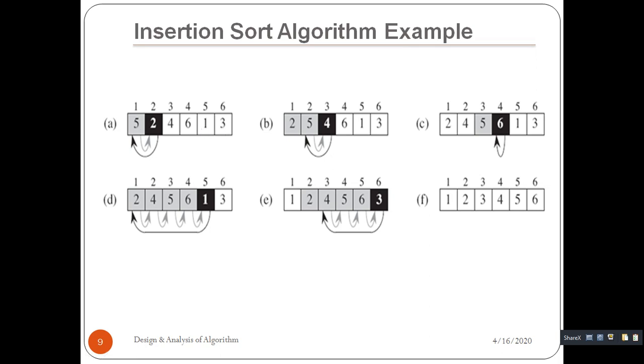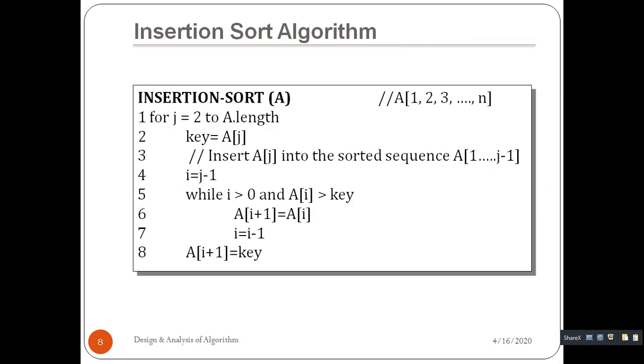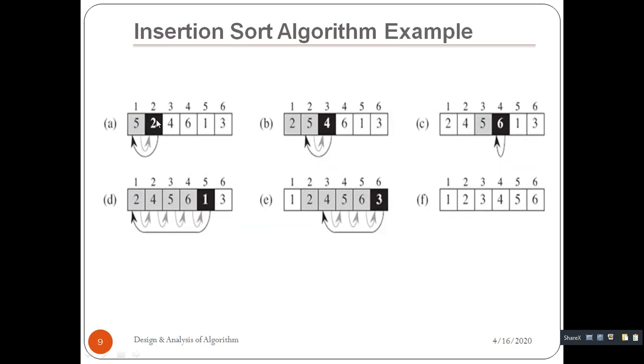Here you can clearly mark I have started the loop from j equal to 2. So you start from the second index. The second index element is 2. You select this element and try to insert it in its proper place by considering all the elements present to its left. To its left only 5 is present, so the whole list will become 5 2. Are they sorted? No, so it should be 2 and 5. So in the second iteration I am writing 2 5.